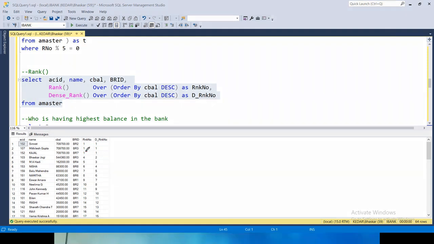The difference between the two: when there is a duplicate ranking, with rank the next rank will not come here. With dense rank, even though there is a duplicate ranking, the next rank will come. That is the difference between rank and dense rank. Am I clear? So as we know,